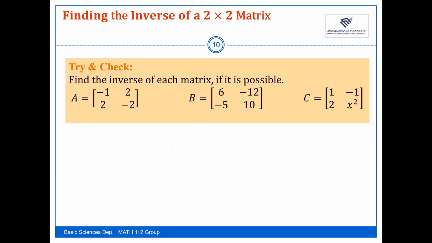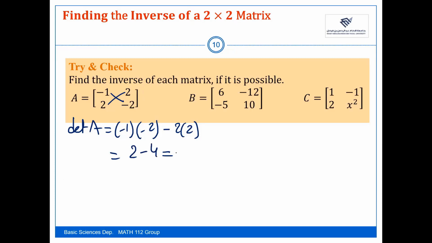To know whether it's possible or not لازم نحسب determinant of A. إذا هذه كم determinant of A؟ minus 1 في minus 2 minus 2 في 2. So it's 2 minus 4 so negative 2. إذا هنا هل عندنا inverse or not؟ A هل هي singular ولا invertible؟ So since it's not 0, the inverse exists, and we calculate